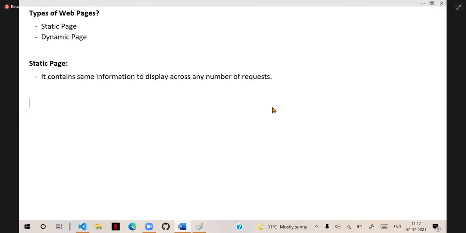And a dynamic page, I will show you that. A dynamic page contains information that can change according to the client request.